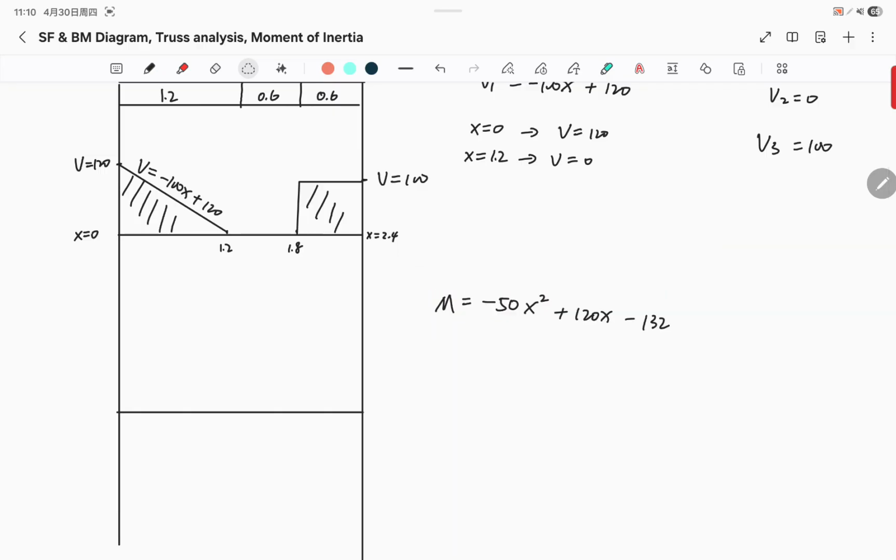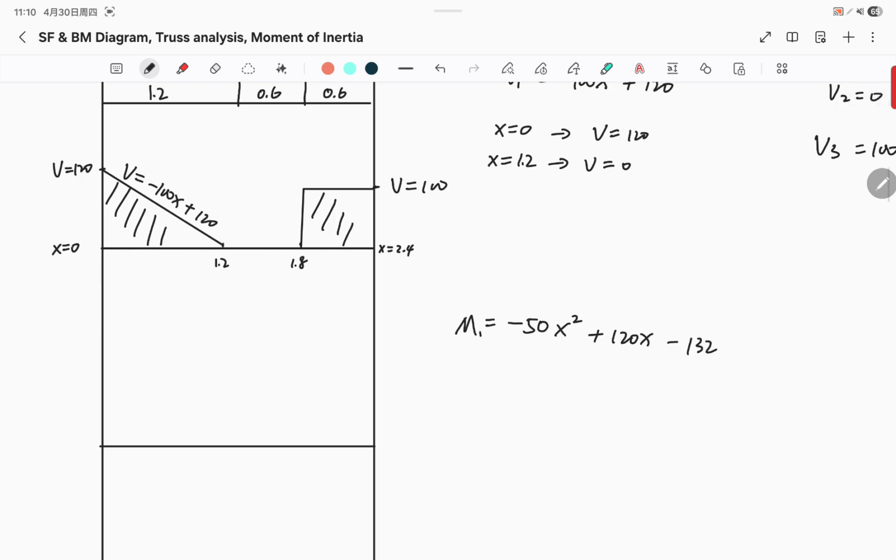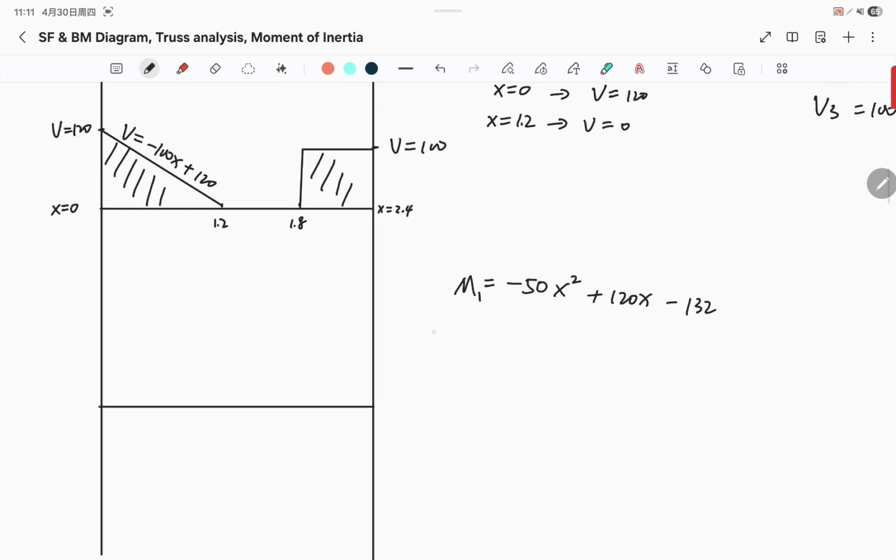See that this is power 2, so this is quadratic, and it is a negative number before the quadratic, so that means its opening is downward. Positive number means this. Negative number means this. So we're going to plug in values for it. I'm going to say this is M1. So when x is equal to 0,